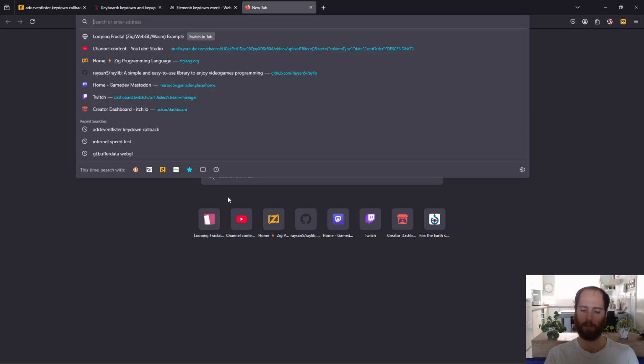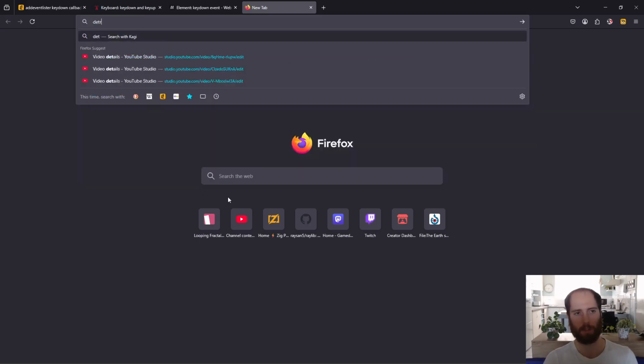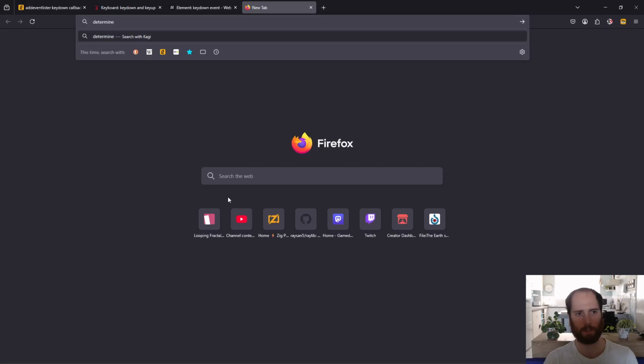Read just an area of memory which will represent whether the key is pressed down in that moment or not. We don't want to be just firing off random functions left and right. Determine whether or not keyboard pressed